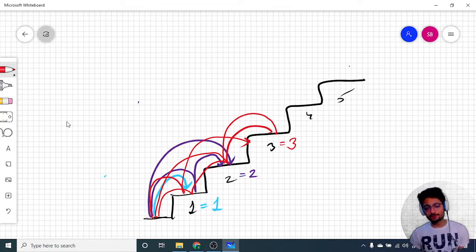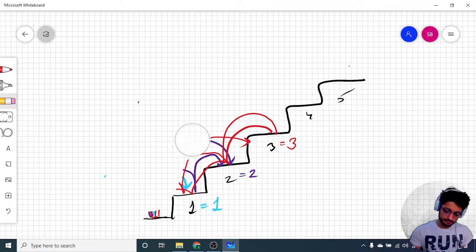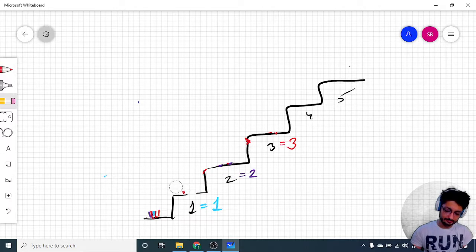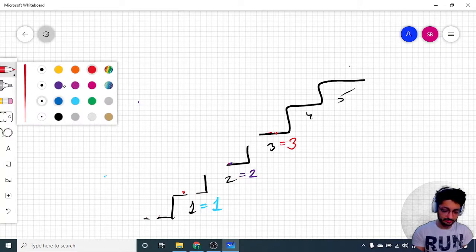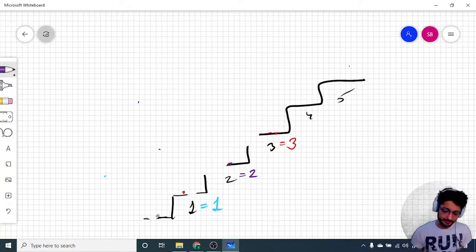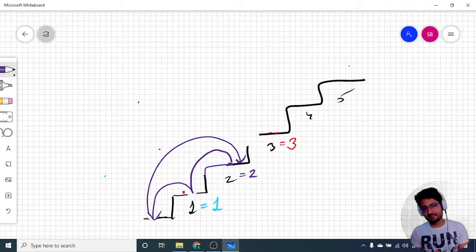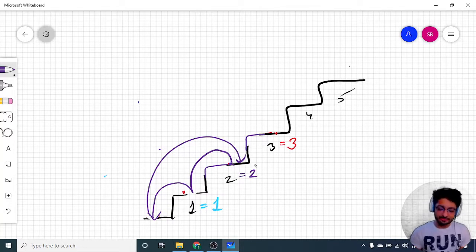Now what you can easily observe here is, because it is very cluttered, let's remove this and only think about the last case. Or let's say we should draw the second last case first. That will also make it easier. Let us draw the second case. The second case can be like this. Or the other case can be like this. So to reach the second staircase, there are 2 ways. One way is like this, or the second way is like this. Now to reach the third staircase, if I am at the second staircase, I know that there are 2 paths to reach the second staircase. And from the second staircase, I can take 1 step.